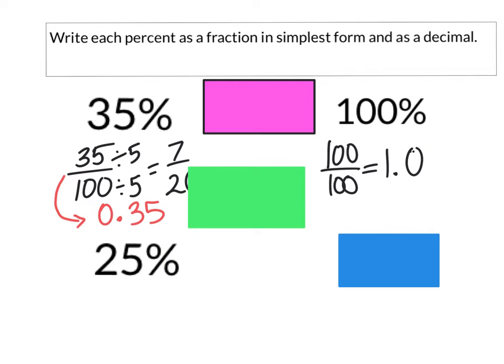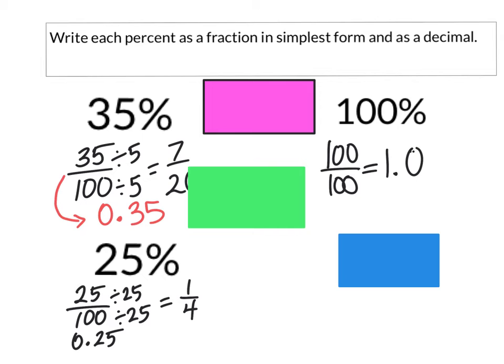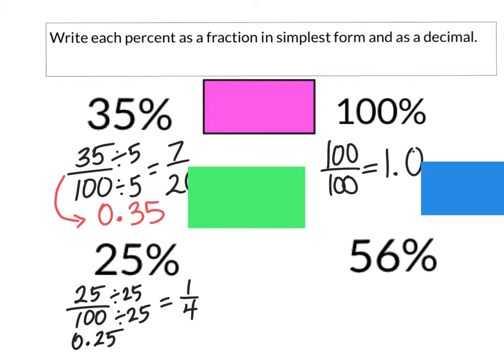25%. So I'm going to write this as a ratio to 100, 25 hundredths. And then to simplify, I divide by the greatest common factor, which is 25, and this equals 1/4. My decimal is 25 hundredths. I can just read that original fraction to see what it would look like as a decimal. Last one,